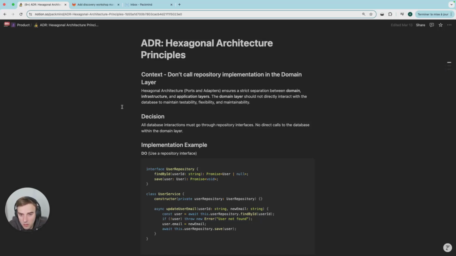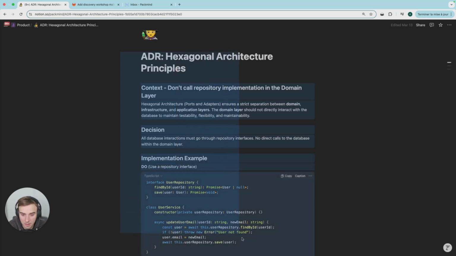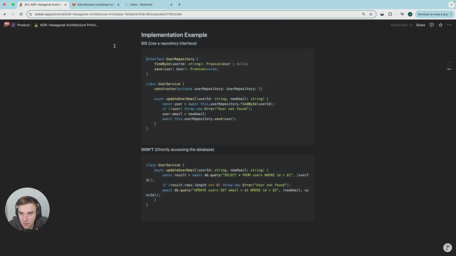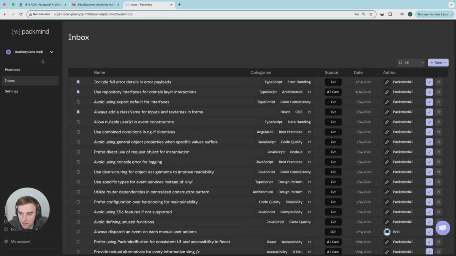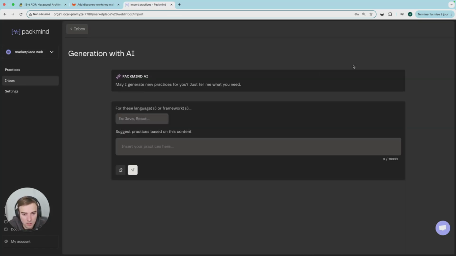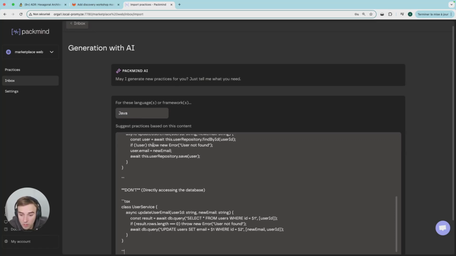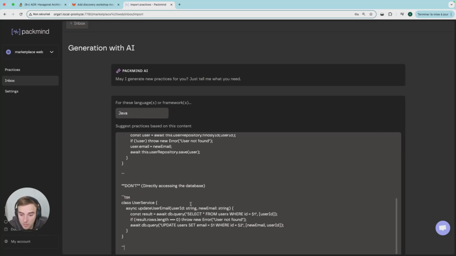From a documentation page like this one in Notion, I can just select this piece of static content and add it into Packmind into the inbox section. Then I can click on New, use AI generation, say, okay, it's about Java, and paste the content of my documentation. And then